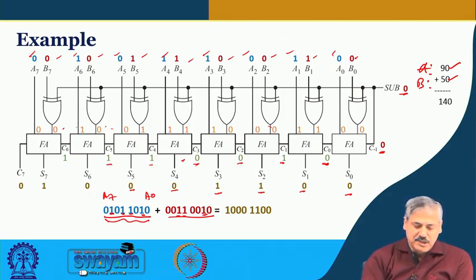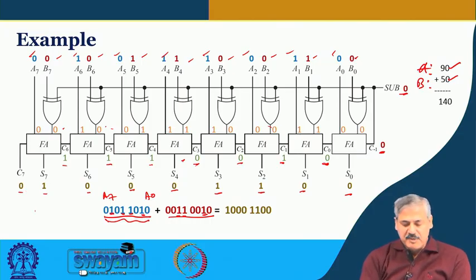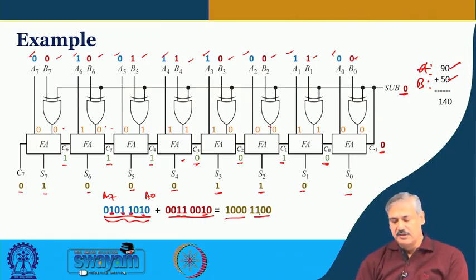This 1 0 1, these 3 getting added. So, this is 0 and this is 1, and 1 0 0, this is finally 1 and the carry is 0. So, this is the number that we will get: 1 0 0 0, 1 0 0 0, 1 1 0 0. What is the value, right? So, this is your 64, after that it is 128, this is 8, 36 and this is 4, 40, 140,